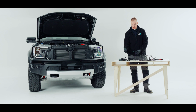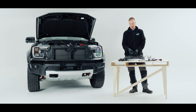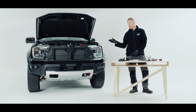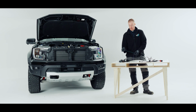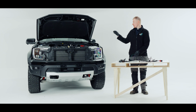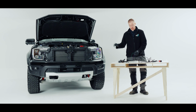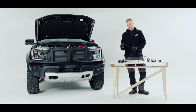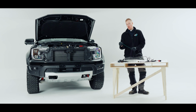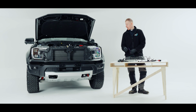But we have our green wire is for our position lights, and our purple is for either the full beam signal or the auxiliary switches, which do come standard on the Raptor. The green wire is a wire that we're going to have to pass through the firewall and into the passenger side. In there is a dedicated wire which is green and white. So our green wire would go to green and white there,